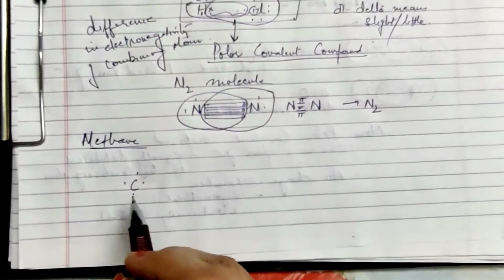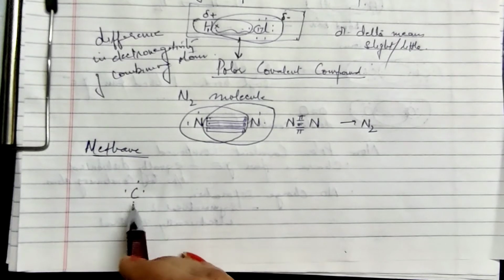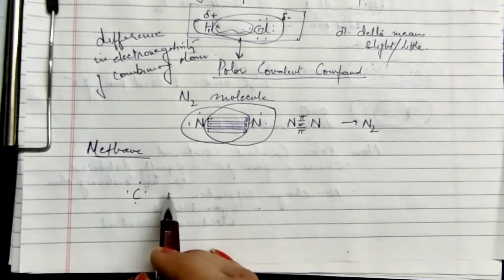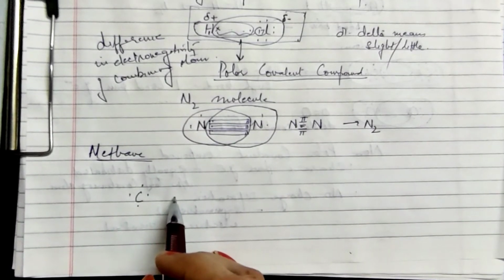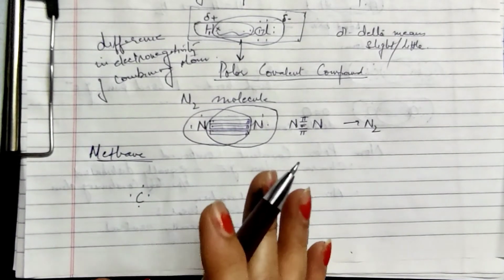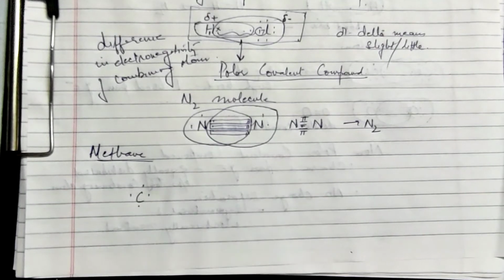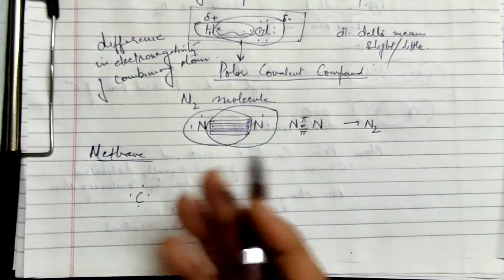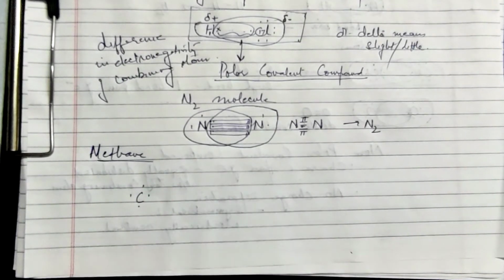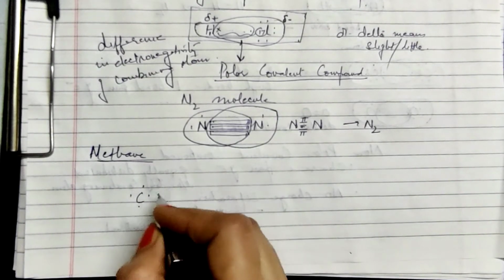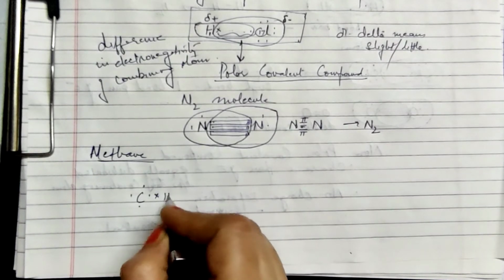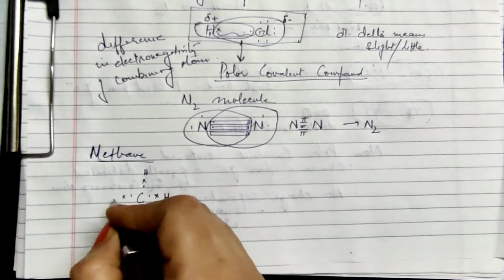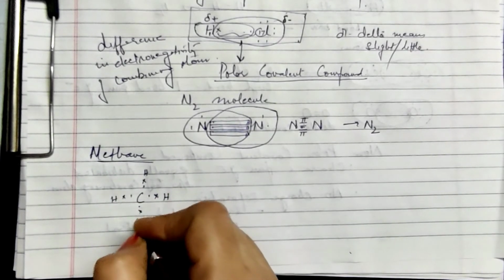So when we come to carbon, it is not expected that all the 4 electrons of the carbon atom will be shared with another carbon atom, because it is not possible to have more than 3 bonds between the combining atoms. As soon as the 4th bond will be formed, it will immediately snap, break, so it is not possible. So this carbon links itself with another atom, say hydrogen, on all the 4 sides.